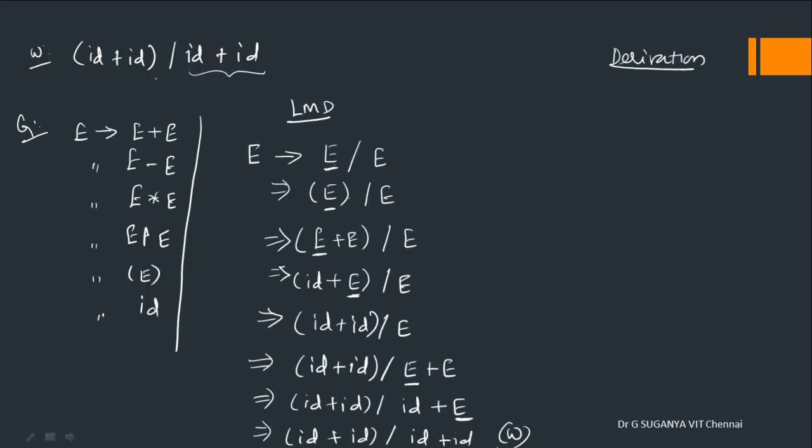Yes, we are able to arrive at the word and hence this is part of the grammar. The same when you want to do RMD. So again e gives e slash e, either e slash e you can take, or if you think you have any other provision to do that, that is also fine. Let me start with e plus e this time. Okay, so e plus e,